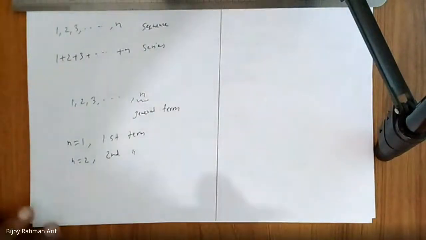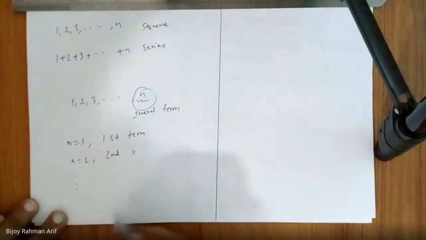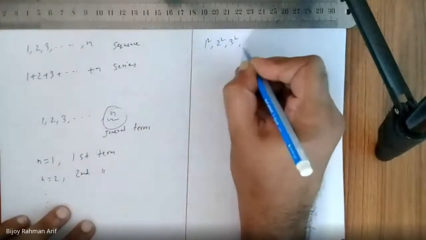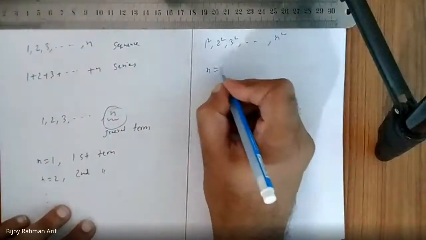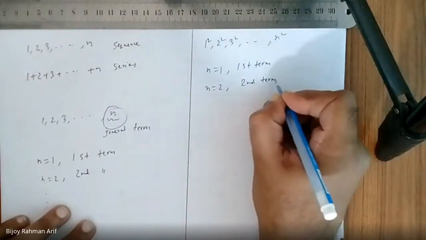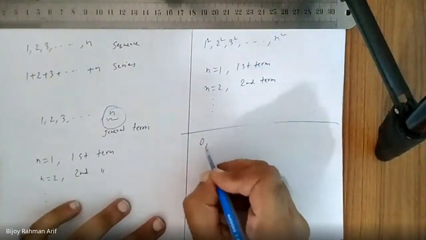Okay. So in this case, what is the general term? What is the general term here in this sequence? N. General term is n. How about this? If you write like this, 1 square, 2 square, 3 square, dot dot dot, then what is the general term? N square. So if you put n equal to 1, you get the first term. If you put n equal to 2, you get second term. So it continues. Am I right? Now, let's say my sequence is like this: 0, 2,